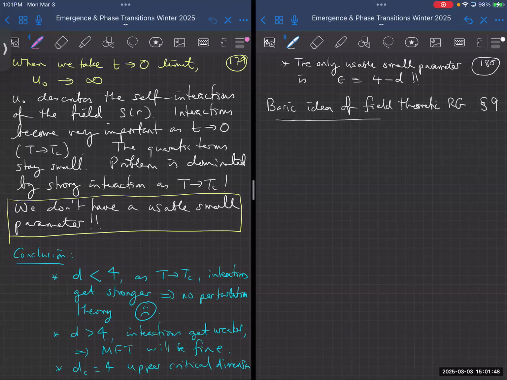And so I'm copying now chapter 9. So what is the basic idea? So the basic idea is that instead of computing block spins in real space,